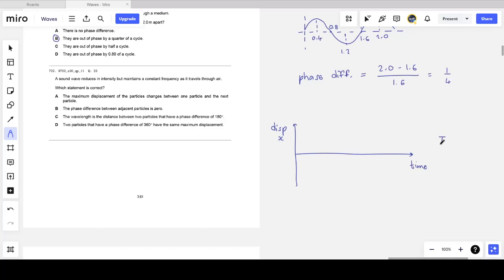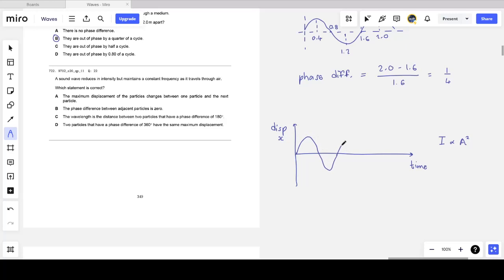Now, the intensity of a wave we know is proportional to the square of the amplitude. So the intensity going down means the amplitude is dropping with time, but the frequency is remaining the same, meaning the wavelength is remaining the same. So essentially what we have is a decaying sine function